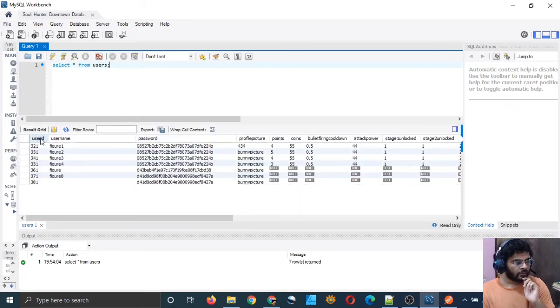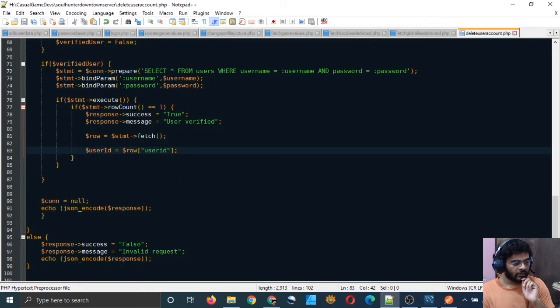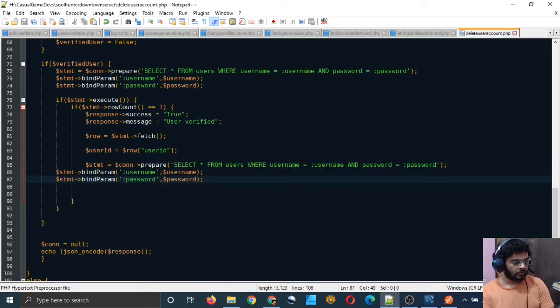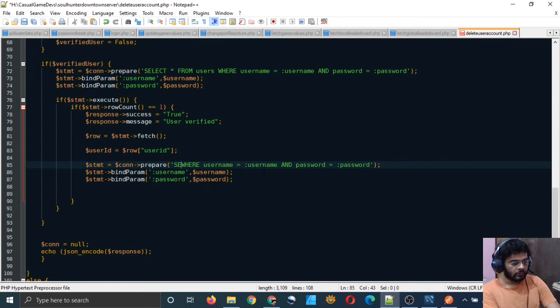So yeah, it is user ID only. So this should be same as here. So it is same, and so we have fetched the user ID, and now we will again run a statement. Just copy this statement again and paste that over here, and in this we just have to type delete from users where username is equal to placeholder username.